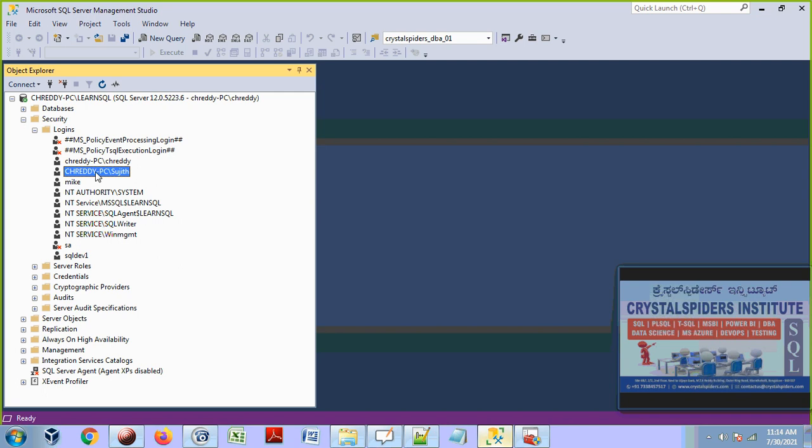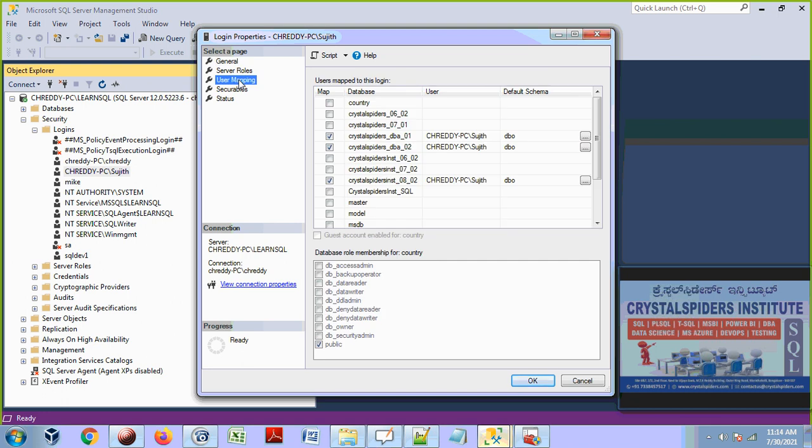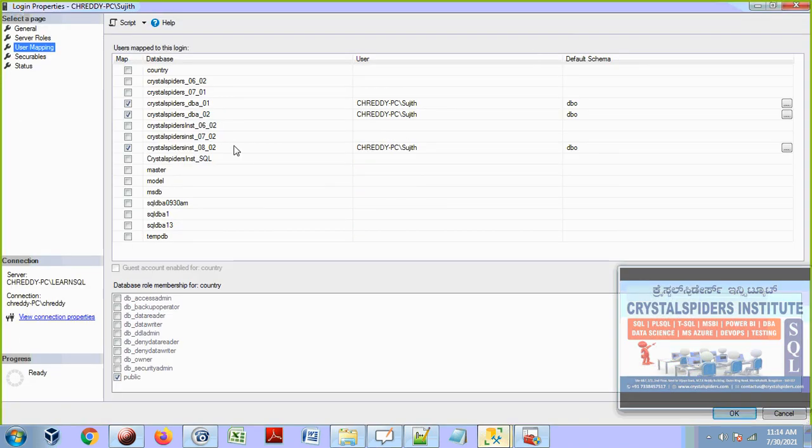So now, when we grant access to Sujit, let's go to the user mappings and maximize this. See now, in this database DBA1, which access does Sujit have? Reader, writer, DDL admin. Reader means he can read the data from any table in that database. I have 20 tables, sir, he can read the data from the 20 tables. I created 50 tables and inserted some data, and he can read all that 50 tables' data.